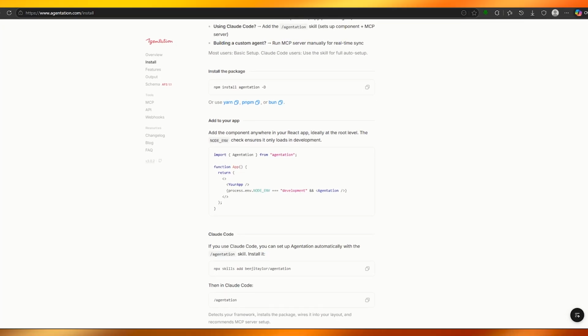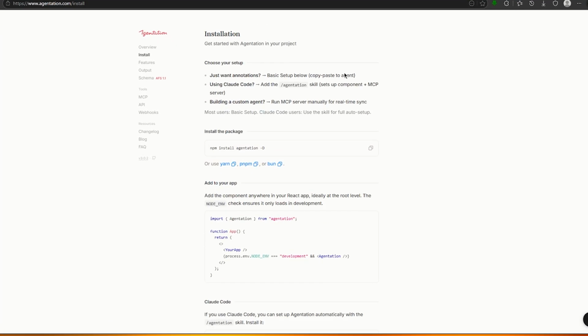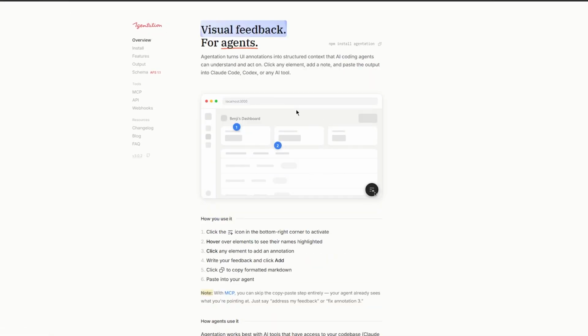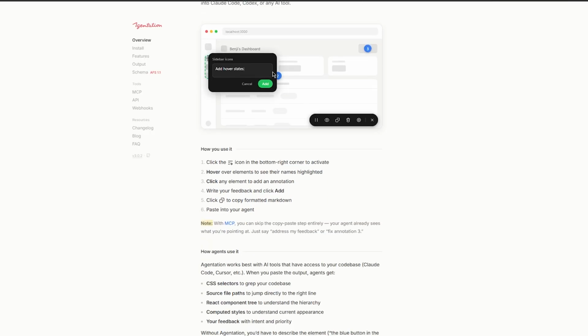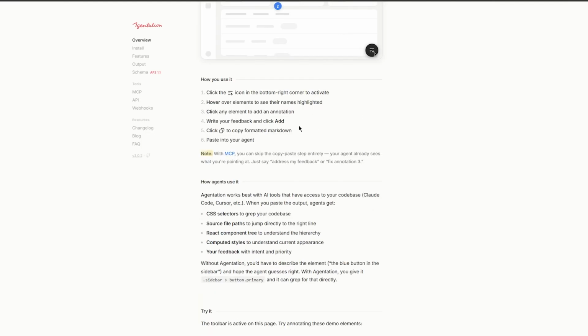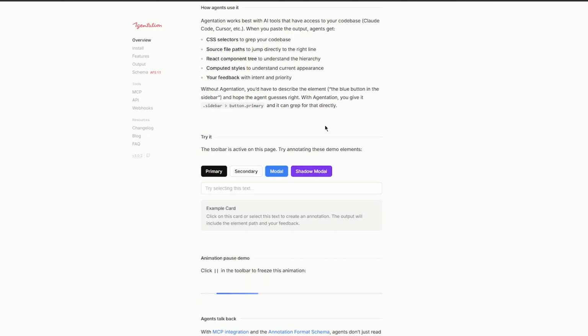Now, to get started, the first step is to go over to the agentation.com website. And over here, you're going to land in this section where it says Agentation turns UI annotations into structured context that AI code can understand. Click the icon in the bottom right corner to activate it, hover over elements, etc. Of course, it will depend on your local host,